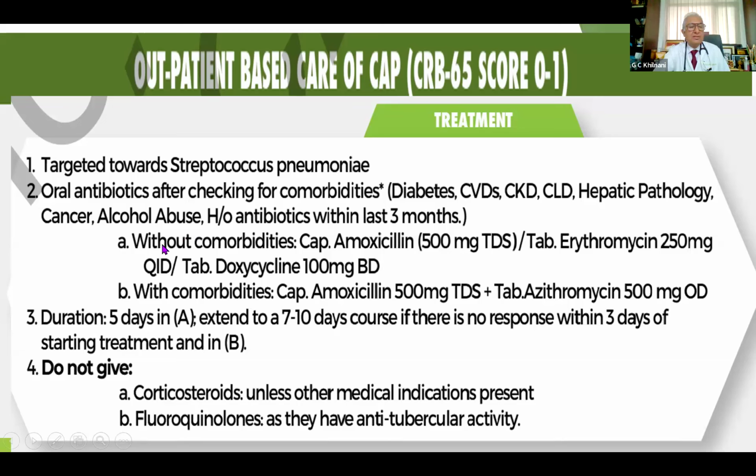So therefore, whenever there are comorbidities along with pneumonia, even if the patient does not require admission, then you have to give 2 antibiotics and avoid using quinolones. If you are constrained to use quinolones, then you must rule out tuberculosis by sending sputa for examination.